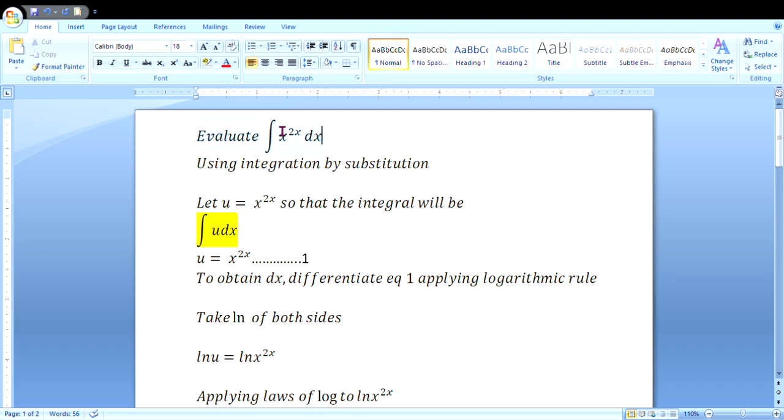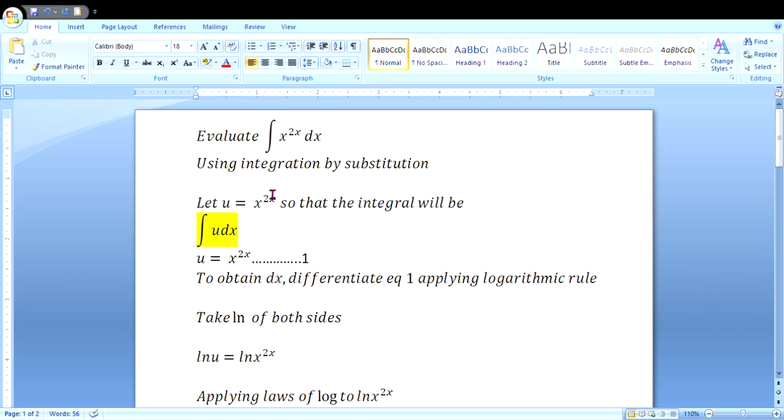Let's evaluate the integral of x raised to the power of 2x dx. The appropriate technique for evaluating this integral is integration by substitution. Okay, here we will let